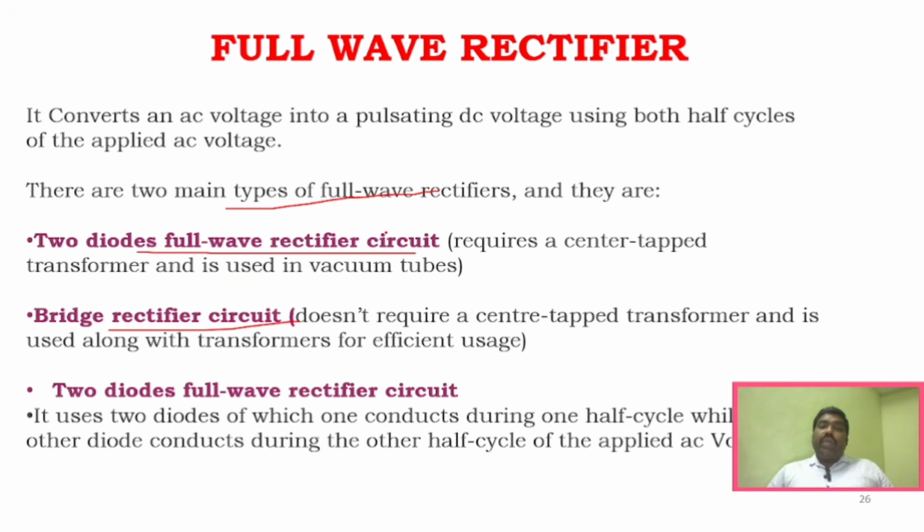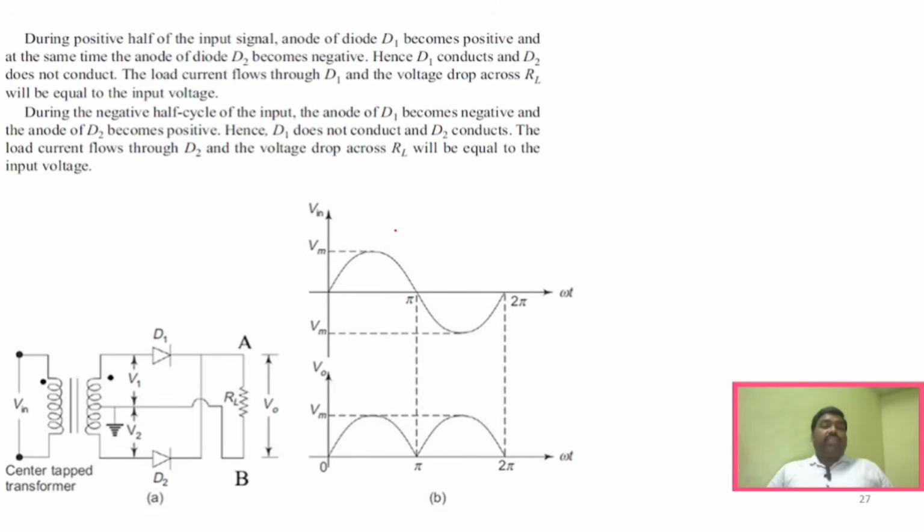In the two diode full wave rectifier we will use a center tap transformer, whereas in the bridge rectifier we will not use a center tap transformer. Instead of that we will use four diodes, right? So this is the circuit of the two diode full wave rectifier, where we will be using a center tap transformer. We will be using two diodes, right? And you can see this is the output of this full wave rectifier, which means whenever you give an AC voltage,